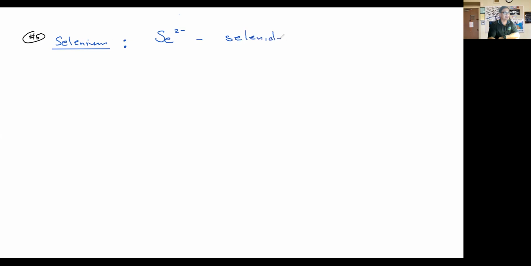But then this ends up being the selenide ion, or the selenide anion. Okay, so we drop the -ium and we add in the -ide. Okay, so that's the name of the ion right there. All right, let's go ahead and take a look at the next one,